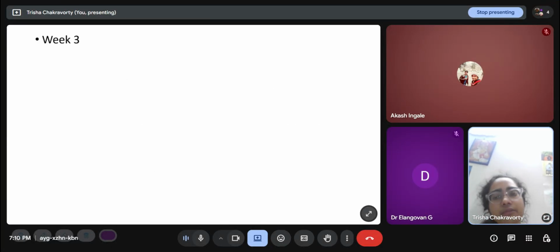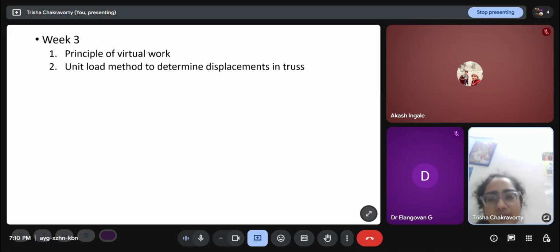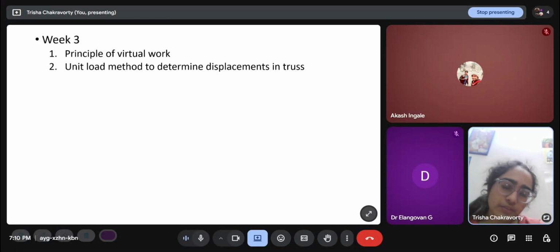In weeks 3, 4, and 5, the previous 3 weeks, we have looked at the displacement or strain type response. So for trusses, first we start with the principle of virtual work, and from that, we develop the unit load method to determine the nodal displacements of a truss. So the x displacement and the y displacement of each node of a truss. If we have that, we have the net displacement at every node, and so we can draw the entire deformed shape of the truss.